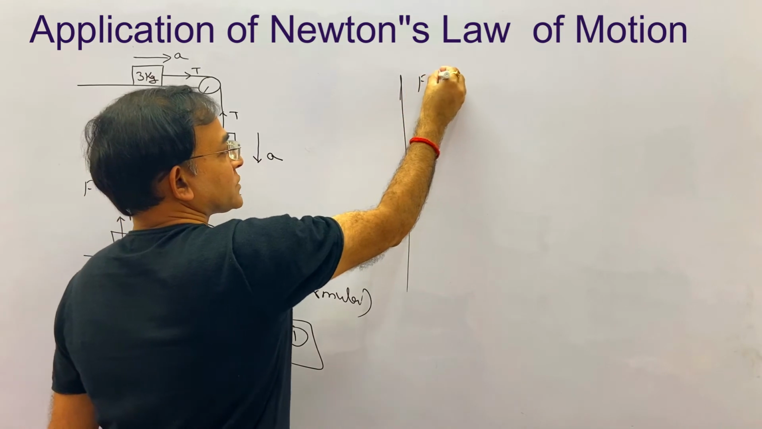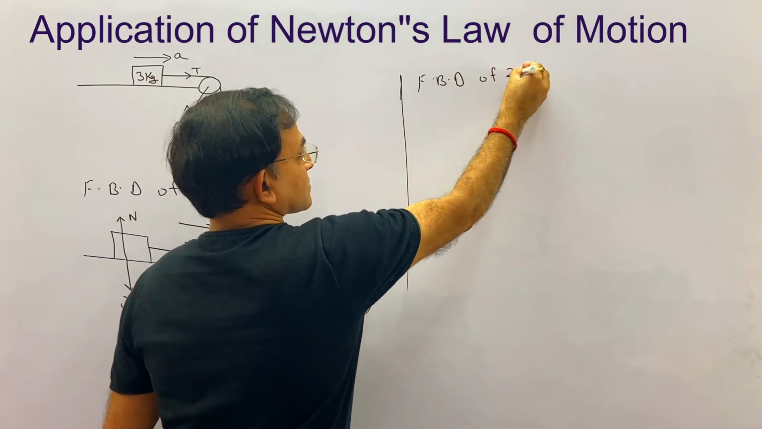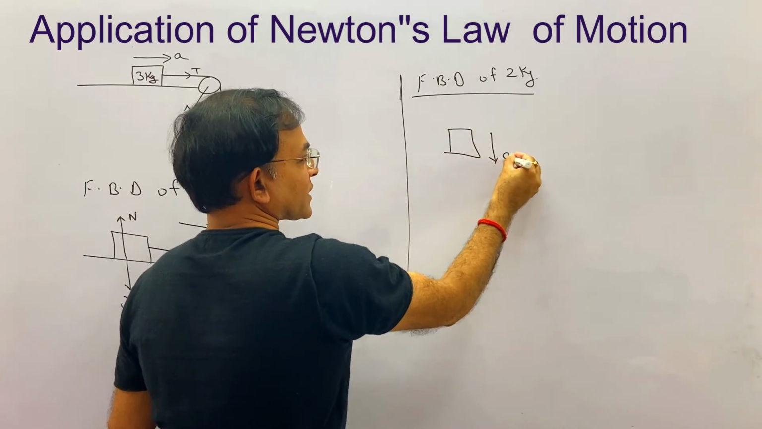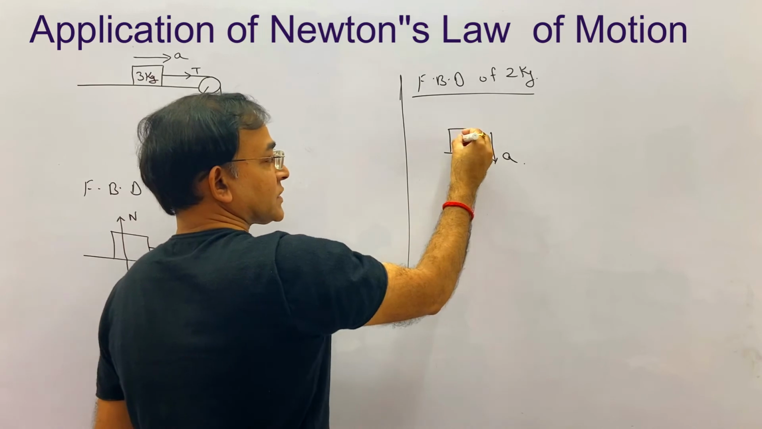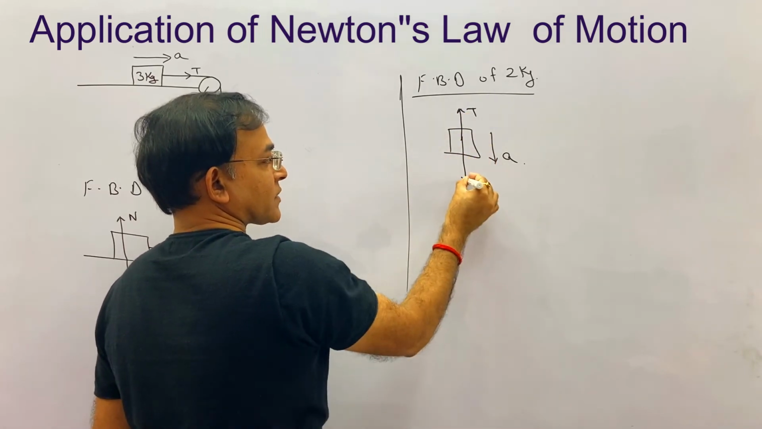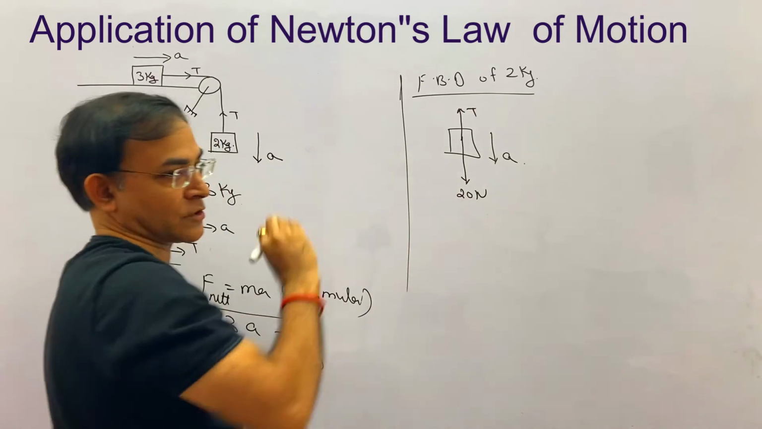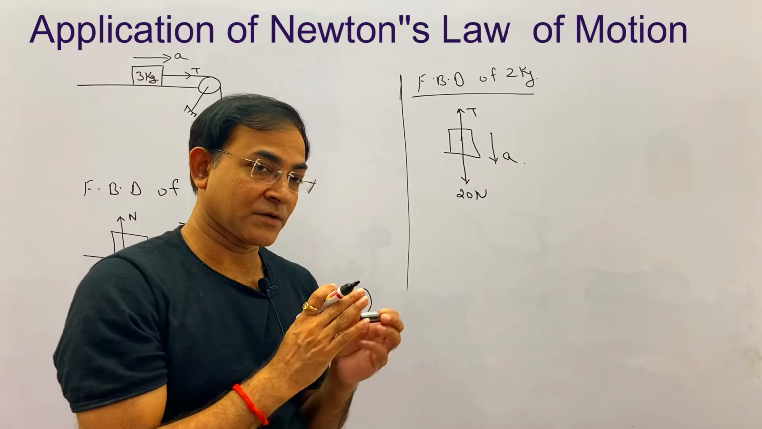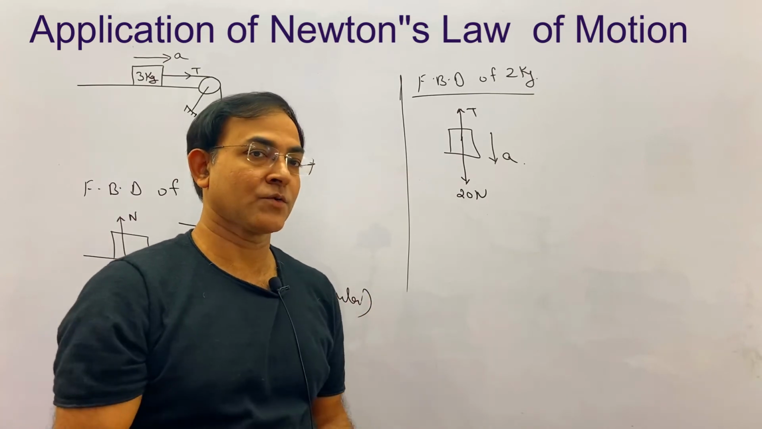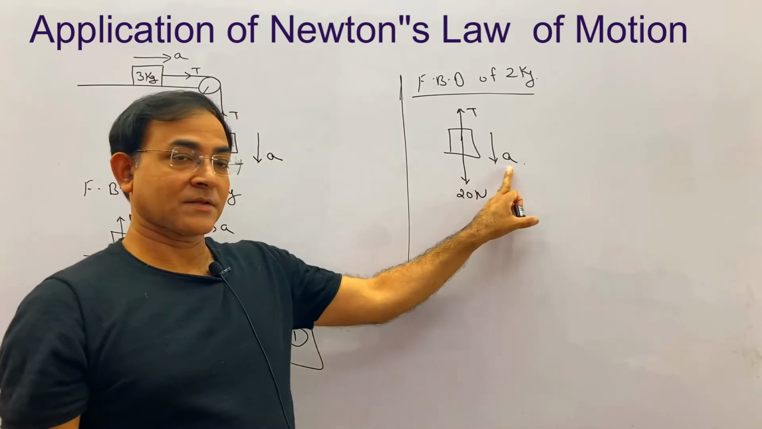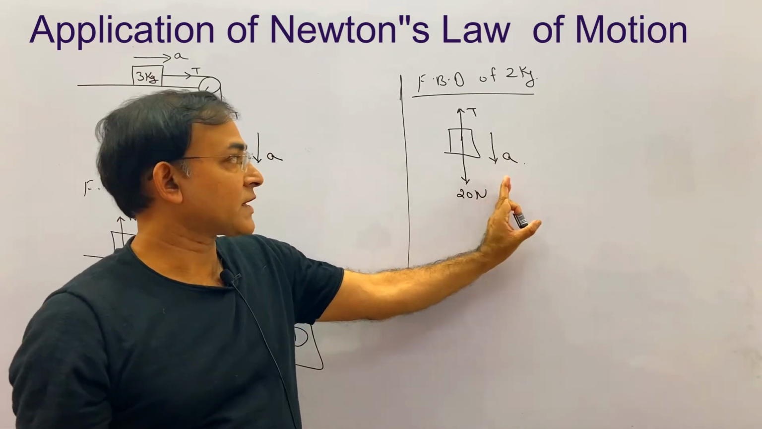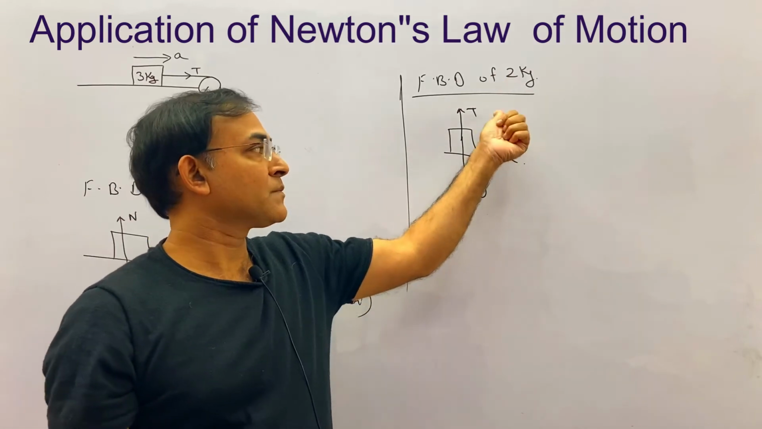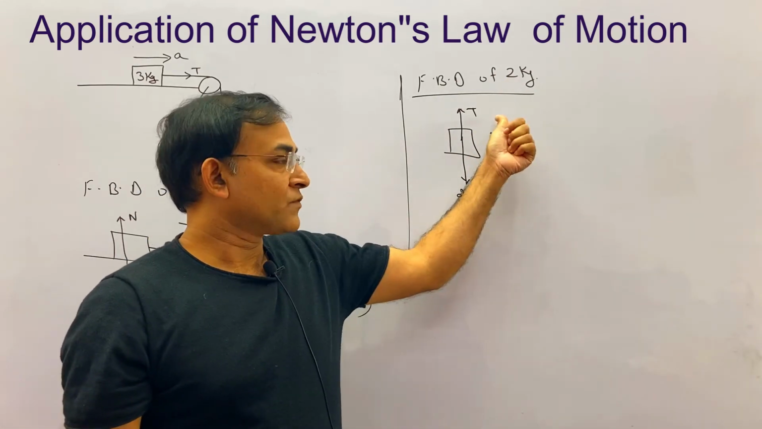Now FBD of 2 kg. Now 2 kg is moving in downward direction with an acceleration A. The tension is in upward direction and the gravitational pull is 20 Newton in downward direction. So which one is greater, either T or 20 Newton? Definitely the 20 Newton must be greater because the acceleration is in downward direction. If the acceleration is in upward direction, let's suppose, then T must be greater than 20,